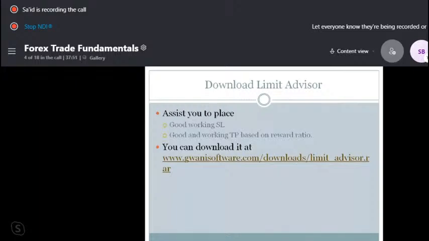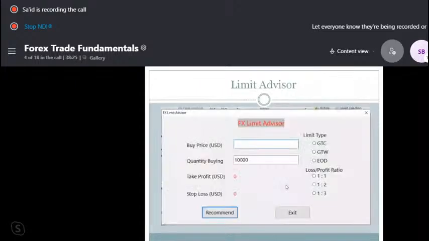The limit advisor works on Windows platform, either Windows for smartphone or Windows on your laptop or tablet. Okay, so let's move to the next slide to see how to use the limit advisor. Now this is the screen of the limit advisor. By the time you download it and play it,